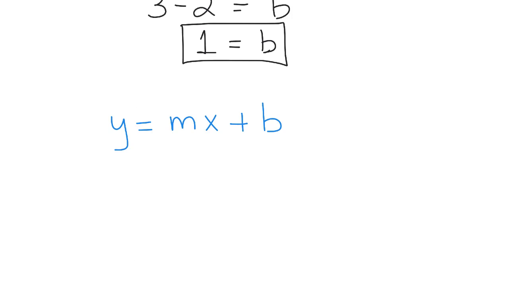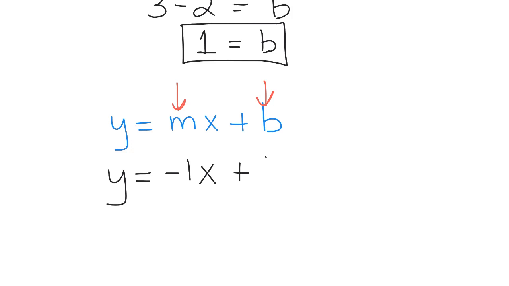The original question did ask us to come up with an equation, so now that we know what our y-intercept value is, we can go ahead and write the final equation. So we're back again to our general equation template for a linear relation, and all we need to do is just input the slope and the y-intercept values. So my final equation is then going to be y equals